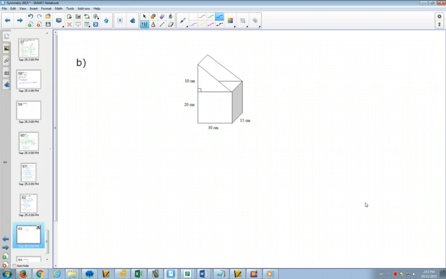What would you guys prefer to do? Would you like to do it like we did the last one, where we do each shape separately and then subtract? Or would you like to just list all the different shapes and add them all up in the end? List all the shapes? Okay, well, let's list the shapes. We're going to